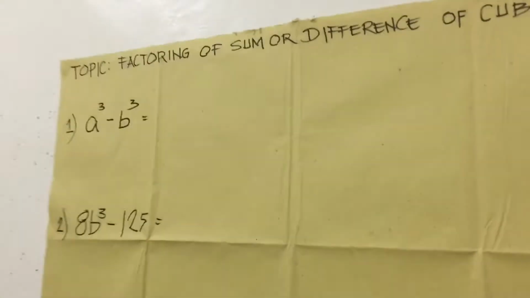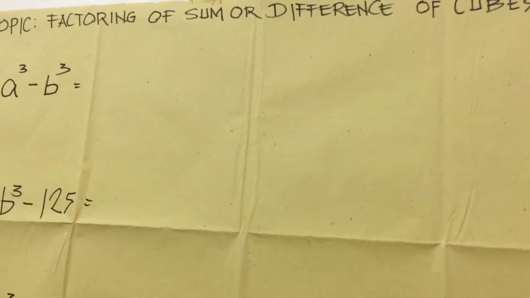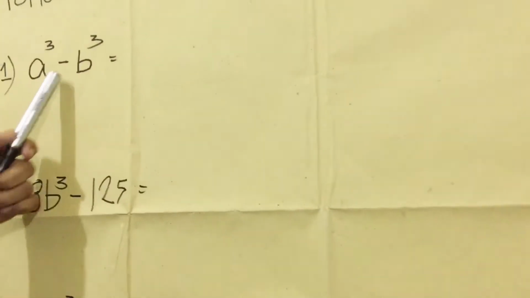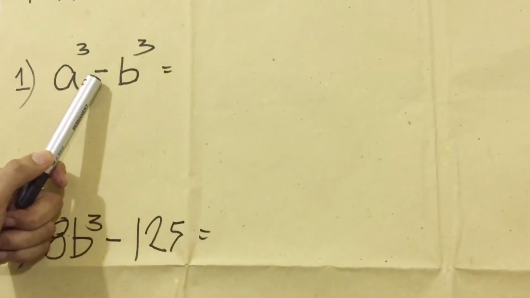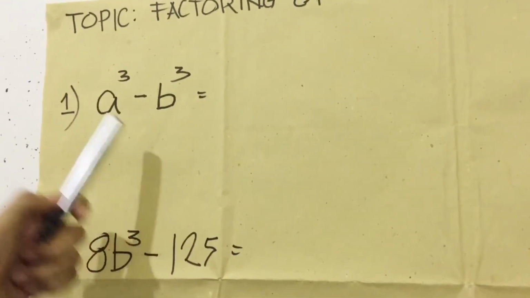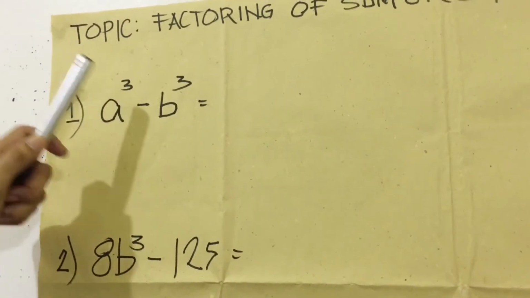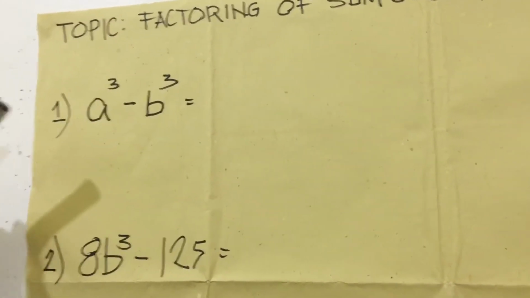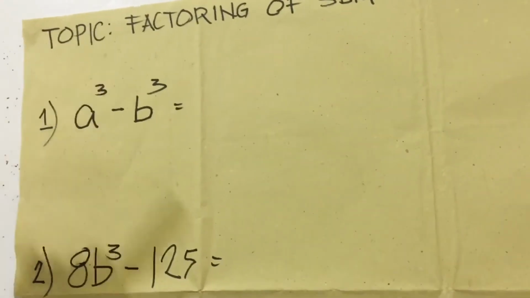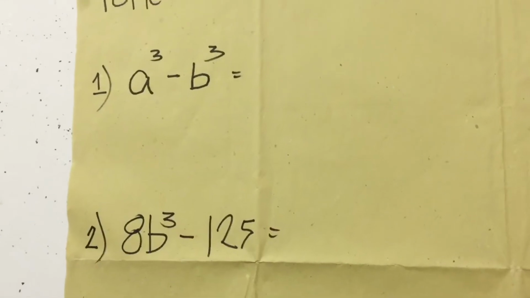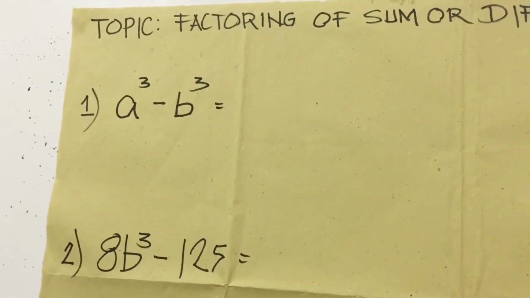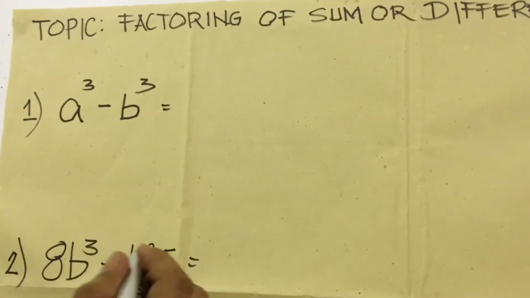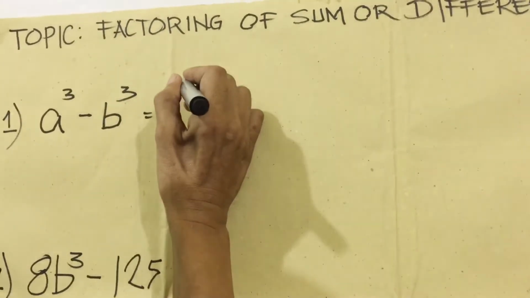Today our topic is about factoring of sum or difference of cubes. The indicators: the difference is the minus sign, and the cube is the exponent of the given variable being 3. Now to find the factor of a sum or difference of cubes, we're going to have again